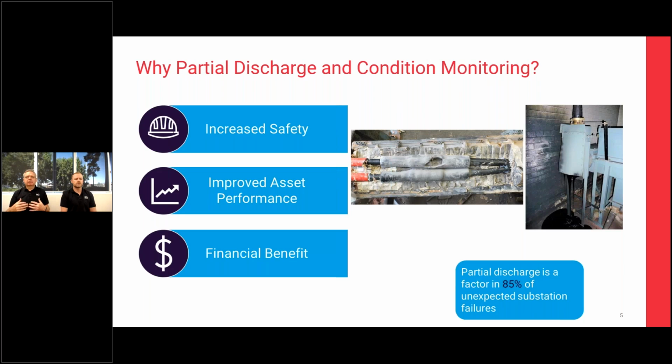And typically when we look at any condition monitoring in the high voltage assets, there's three main focuses that we look on. We're always looking to increase safety. So we don't want things to blow up. We certainly don't want people to be injured. When we're looking at cable terminations, that's more of a safety aspect. So you can see in this particular picture here, we've got the cable box on the right hand side of the picture is blown up. If you're in the substation at that point, that's going to be a significant